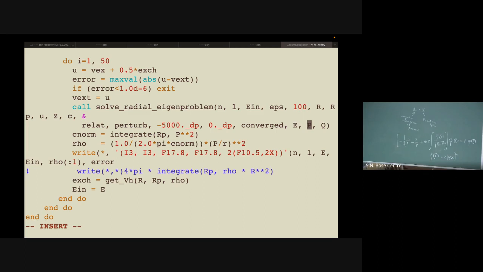P is your solution which is U, in place of it. So if we want to calculate rho R, we will divide it by R. So that's what we are doing here to calculate density rho R. And first we had integrated PR to calculate the normalization constant because we have to normalize our orbital or density, right? To integrate anything in DFT atom, you have to use this function integrate, and then you will provide RP. RP is fixed throughout because it is decided by the grid. RP you don't need to change. So P is U, so you are basically integrating U square. All right. Then we are calculating a normalized density rho R,